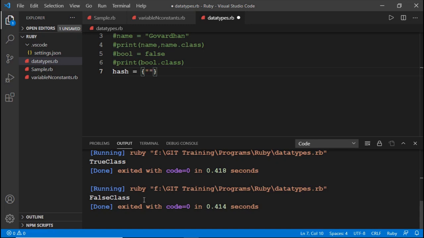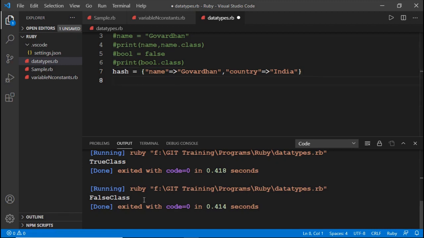See, name is associated to my name Govardhan. The next key is country, whose value is India.